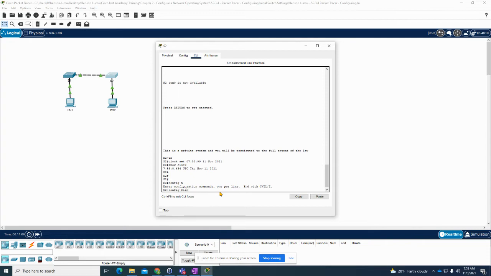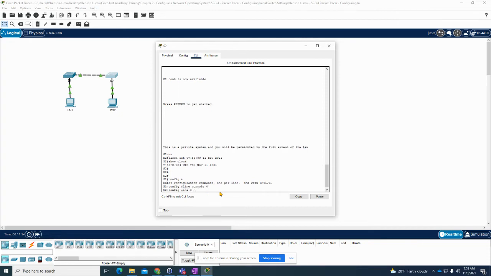We type in line console 0, and now it puts a dash line next to the config. Then what we want to do is type in password,